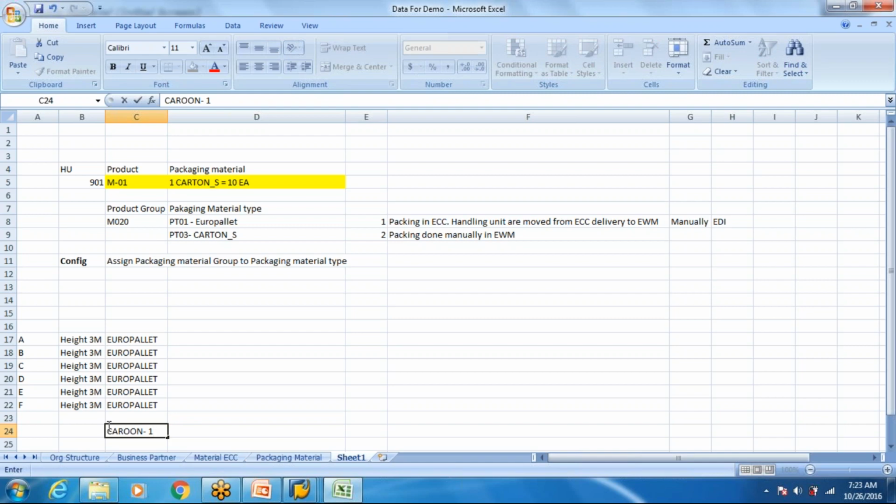I'm just roughly taking. Since it is a bulky product, your company is into bulky products, so a carton has only a height of 1 meter. So these products cannot be stored in a carton. So what we do is we group A, B, C, D, E into a product group, and this Euro pallet will have a packaging material type,